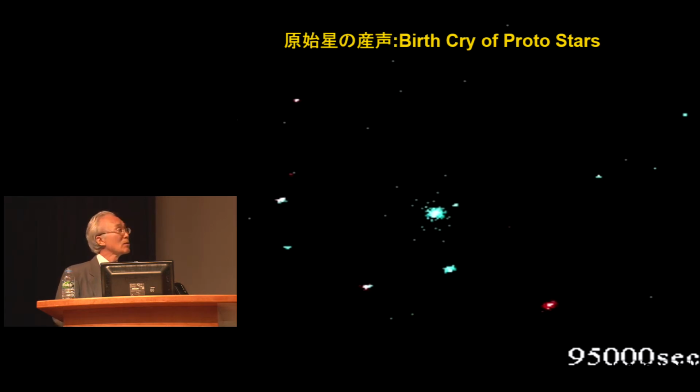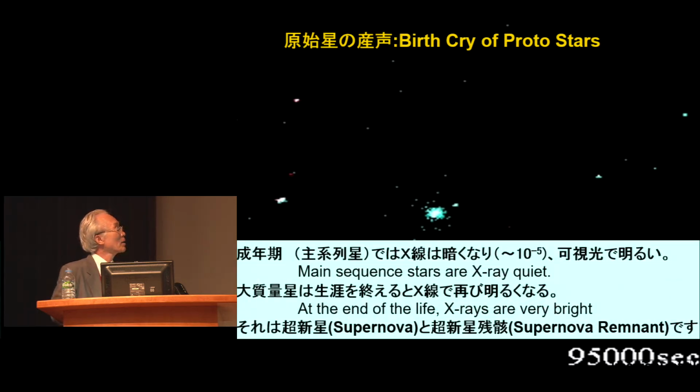In that short period of time, there were the strong blinking, and the brightness is 100,000 times brighter than the light of the sun, emitting the X-ray. This is really a big birth cry of protostars. This is how the stars are created. A human baby is not that noisy, but the protostars, their cry is 100,000 times louder than the matured star. Once the stars are matured, which is called main sequence stars, the X-ray becomes quieter,